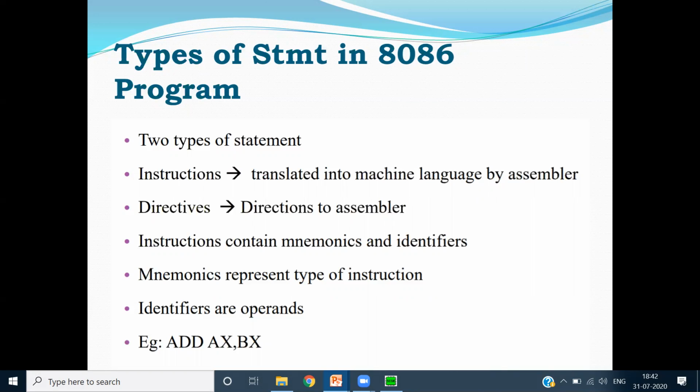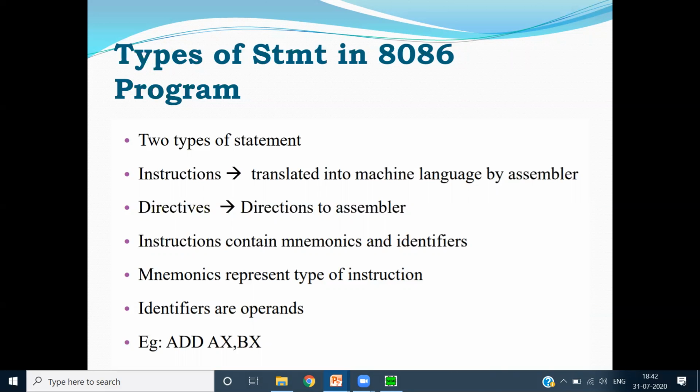Now what is an assembler? Assembler is an intermediate between machine code language and assembly language. Whatever program you write in assembly language is converted into machine language by an assembler. Assembly language program is a low level language program.